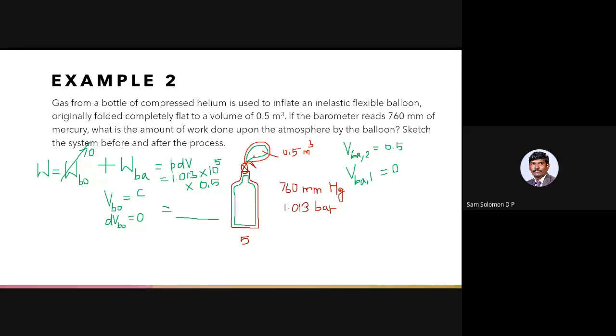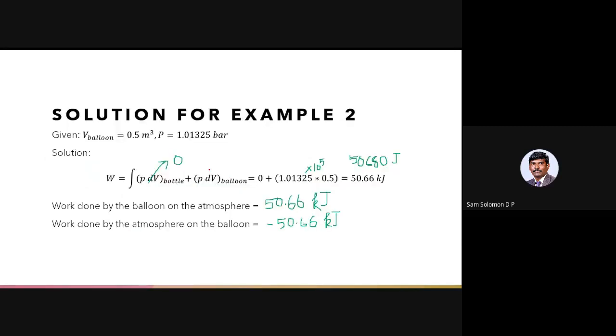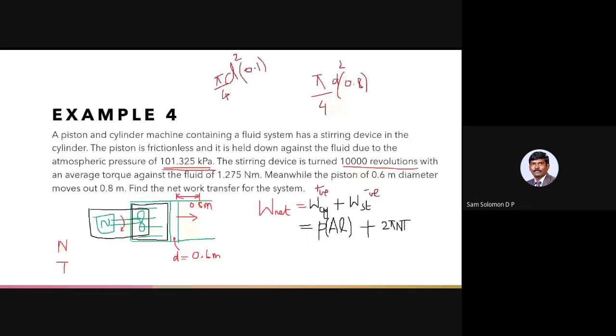Look at the balloon. The balloon was initially having 0 meter cube, and the volume of air inside the balloon is also 0 meter cube. Now I have pumped in 0.5 meter cube of air inside the balloon, right? Then there is an increase in volume of the balloon, also an increase in volume of the air. So the system volume is changing, correct? So that can be attributed to work done by or on the system.